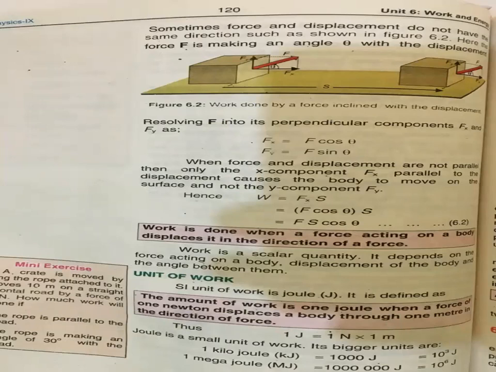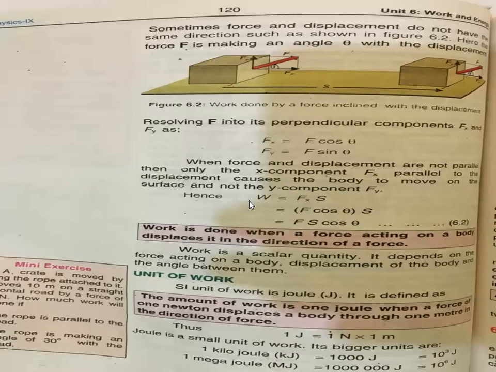You apply the force with the help of the thread, and the toy car moves on the land on the earth. In this case, force is making an angle with the x-axis, or with the earth. The toy car is only moving on the land; it is not moving vertically. So the force has two components, one called the Fx component and one called the Fy component. Only the Fx component, the horizontal component of the force, is responsible for the body to move on the earth. So I will take only the x component over here.